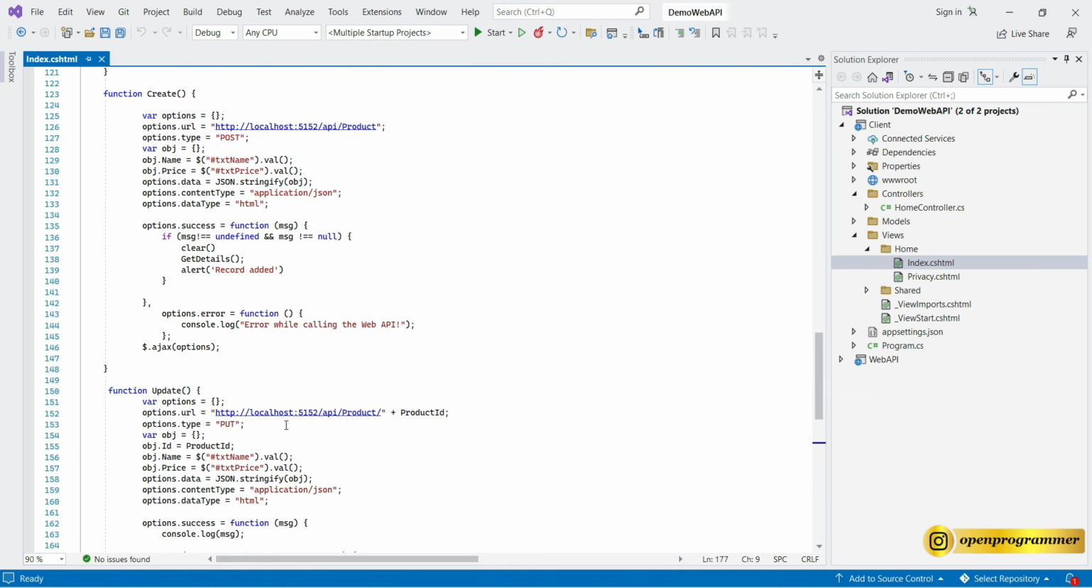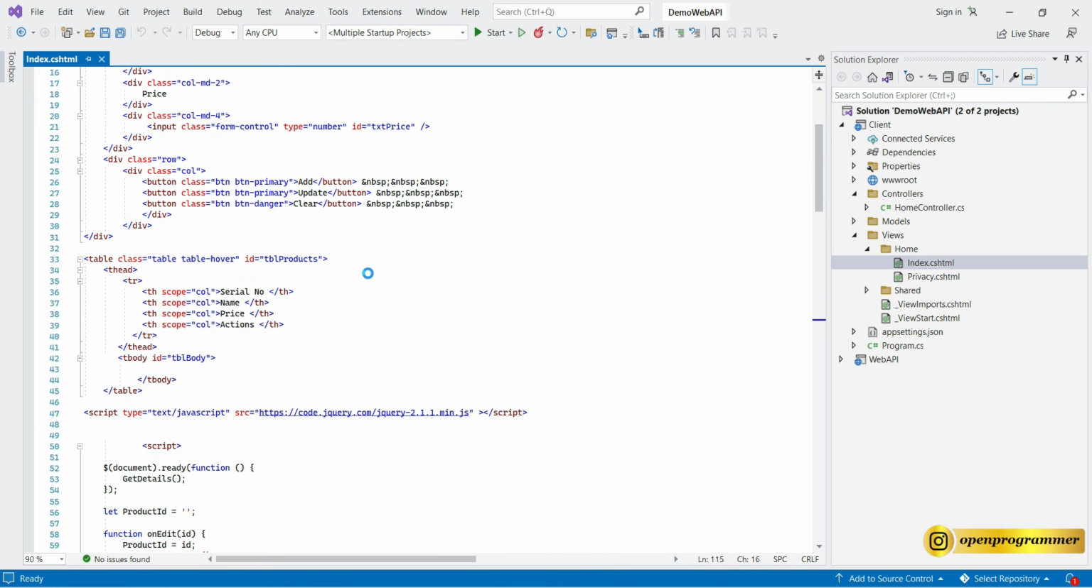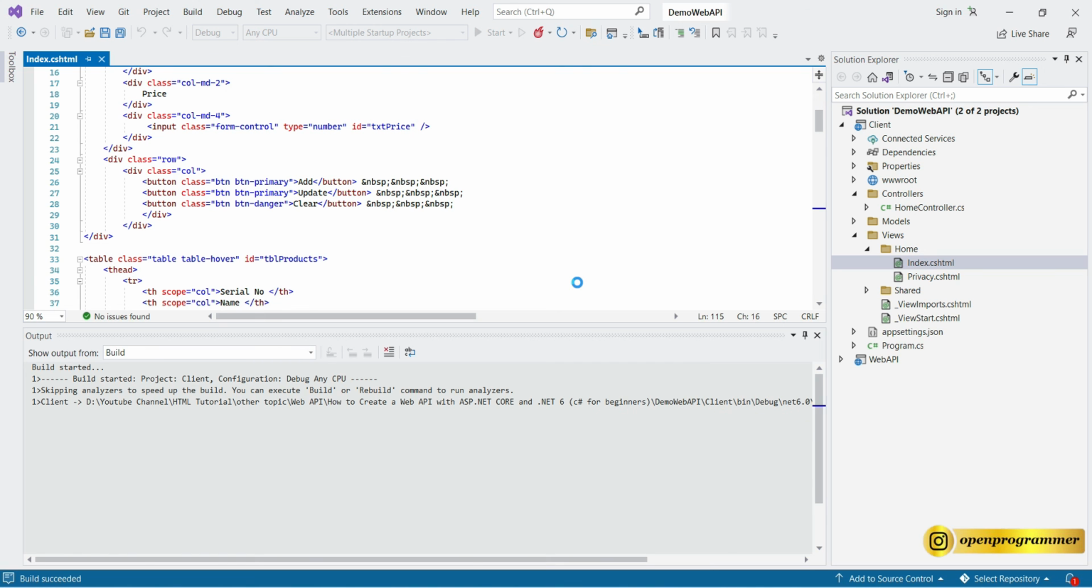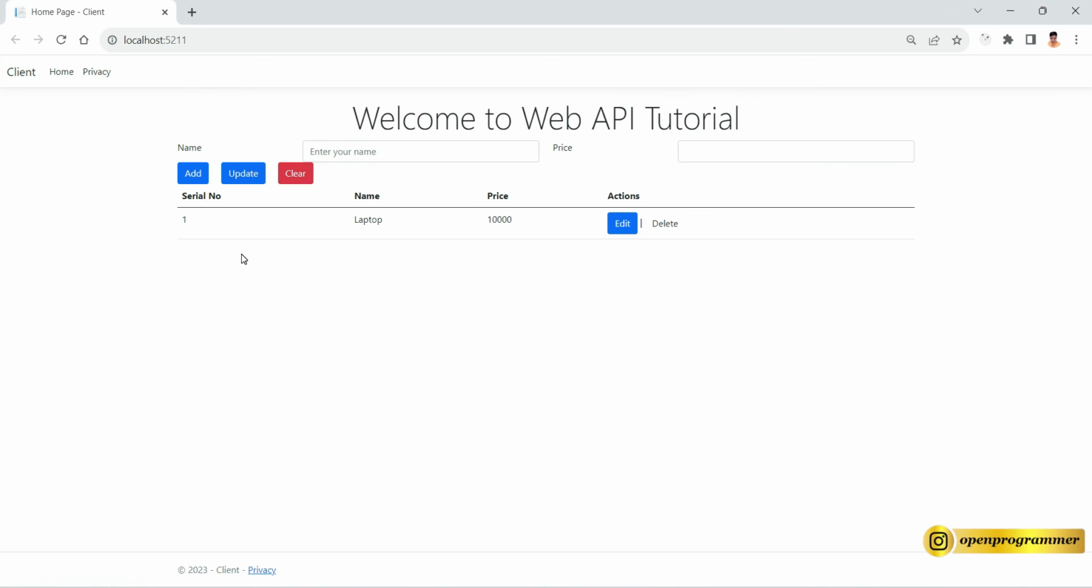All right, so this is pretty much about this HTML view. So let's save this and we'll try to see if our application is working or not. So let's start this. And again, we'll see two different Chrome browser instances and we'll try to access our API from the client MVC application. So you see, we have a single product, a laptop with the price 10,000. And let's add some,